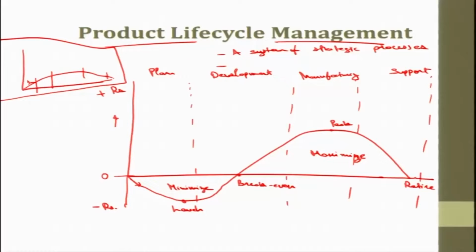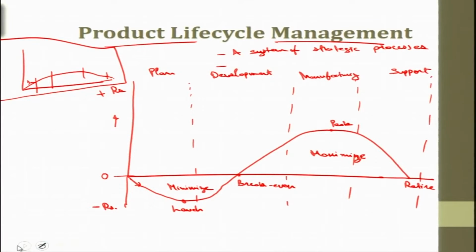So, the life cycle of a product of one specific segment, in the case of electronics or maybe mobiles, is about a year, or maybe it has even contracted to less than a year. It is about 6 months, 9 months sometimes. So, this is where the final retirement of a product happens.